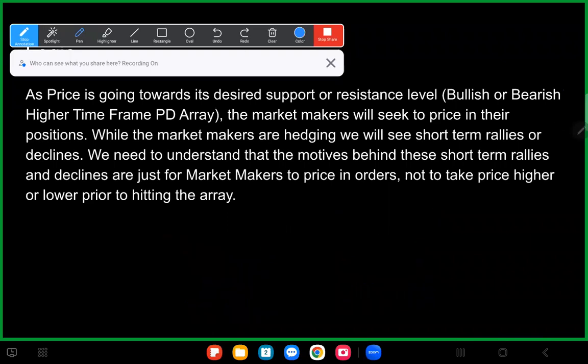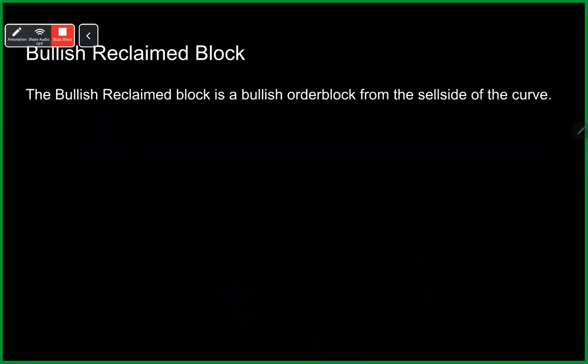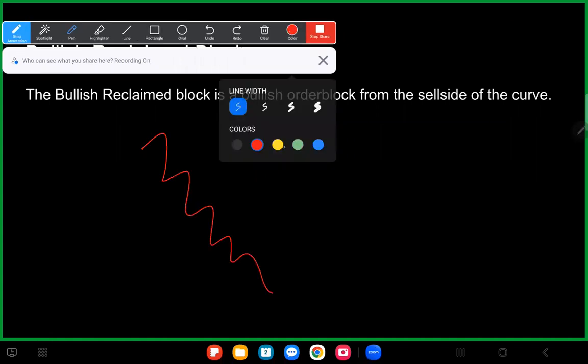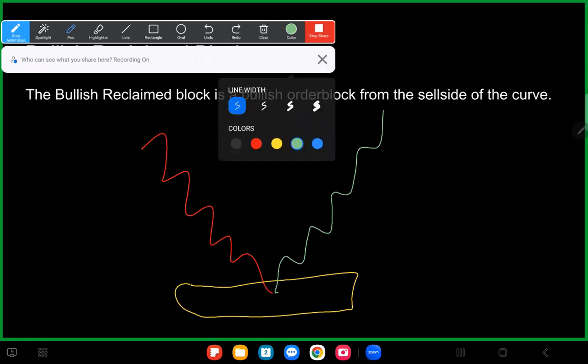All right, so with that being said, let's take a look at the next slide. The bullish reclaimed order block. The bullish reclaimed block is a bullish order block from the sell side of the curve. So now if I were to go back to my drawing tool, we have the sell side of the curve here, we have our array right down here, and then we have the buy side of the curve right here. And then, as I mentioned earlier,